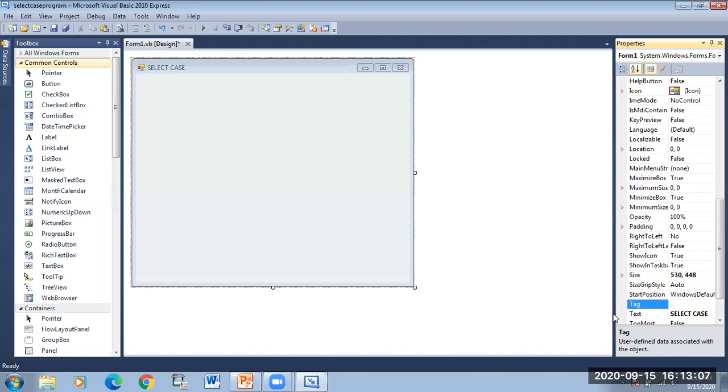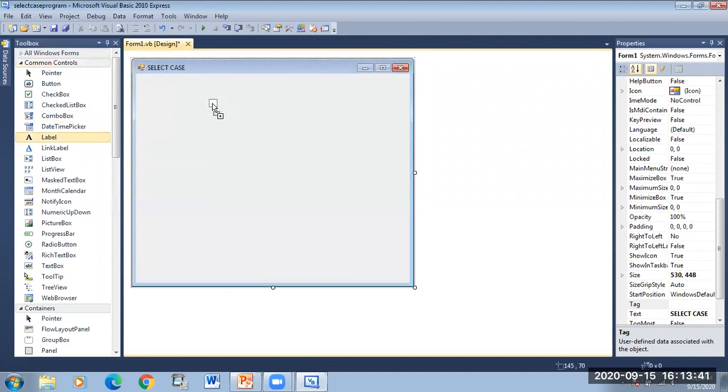Here you can see in page number 121, a message box is a special dialog box basically used to display a message to the user. So we'll use the message box in this program. For that, you have to go to page number 122. On page number 122, you can see the controls we are going to take: label, button, and text box 1. These are the 3 controls that we are going to take.